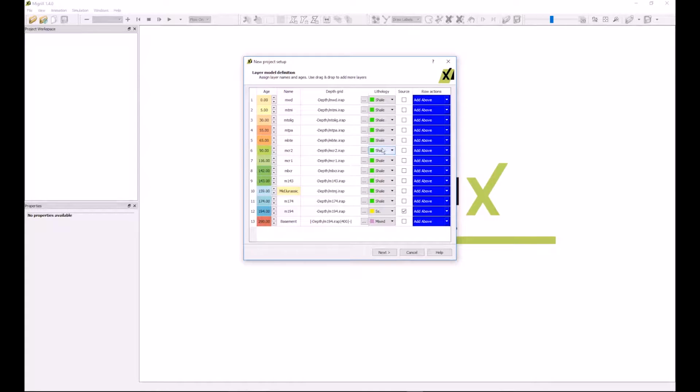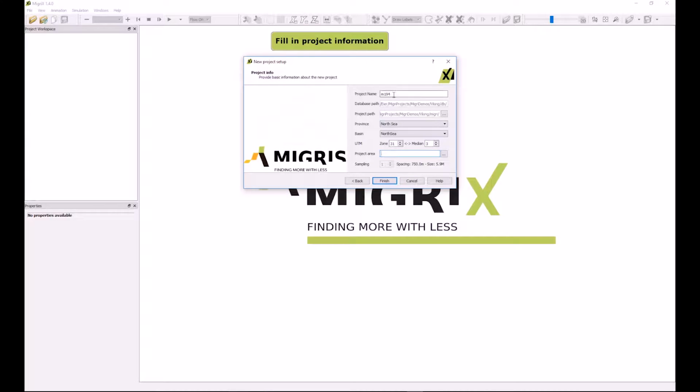So next we can go to the lithologies and change some of the text on the Cretaceous units and make them into more carbonate rocks, and add a sandstone unit for the main reservoir in the Middle Jurassic. We may also want to change the source rocks to add a couple of new ones. Next we can give in the project name that we want to use, and we may want to select which area we're working in and set geographical coordinates, and then when we're finished just press the finish button and this will